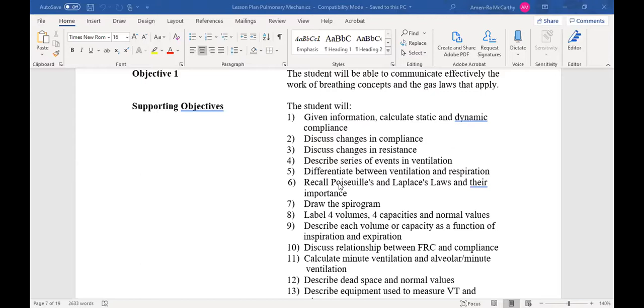Does anybody remember the law of Laplace that I was talking about? Does it have to do with the surface tension of the alveoli? So what example did I use when I was talking about the surface tension between the alveoli? You used a raindrop. Raindrops. Good. I said if you have a little bitty raindrop coming down the window and it's on its way